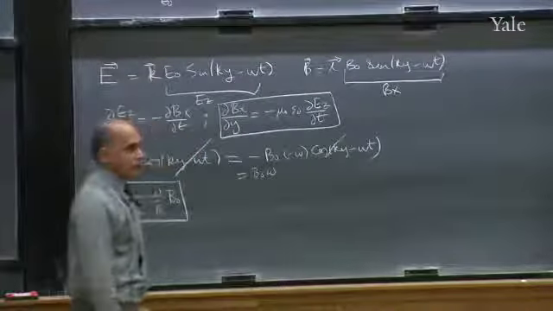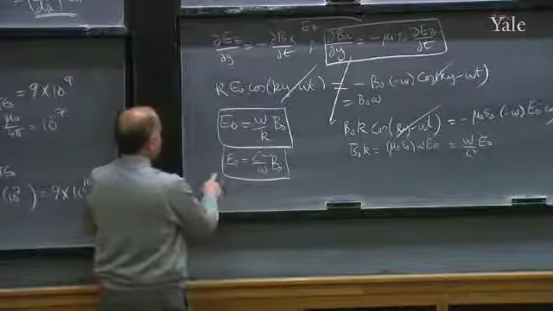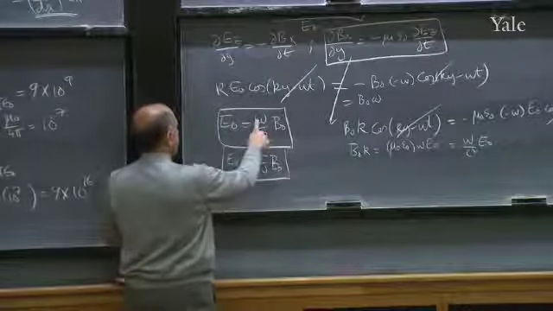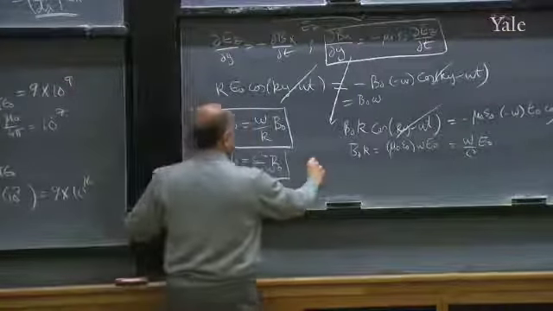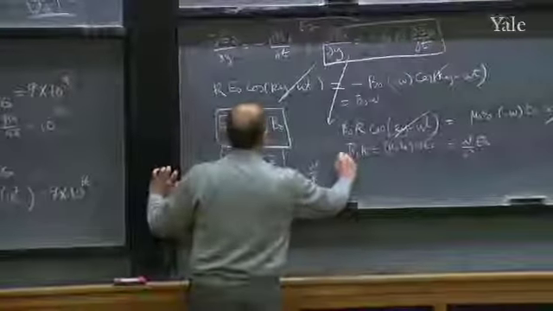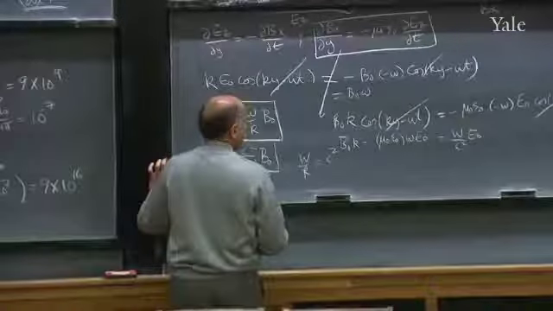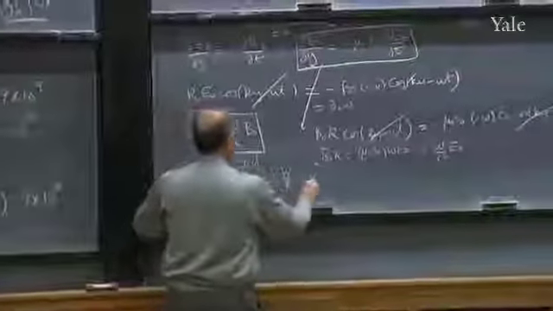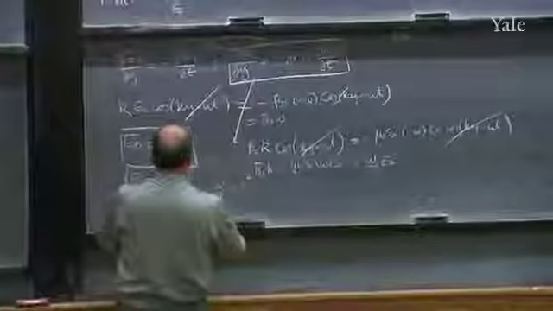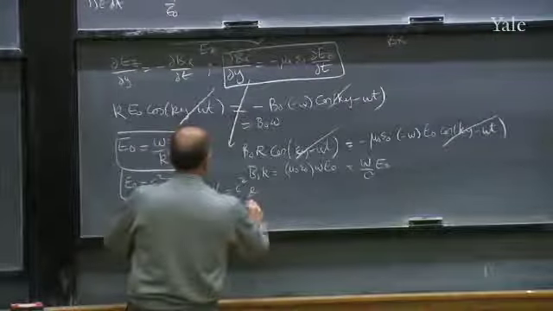So these are the two conditions in the end. If you want the function to look like this traveling wave with sine waves in it, then the amplitude for E and the amplitude for B have to satisfy these two conditions. But look at these two equations. They're both telling you something about E0. One says E0 should be omega over k times B0. The other says E0 should be c squared over omega times B0. That means omega over k better be equal to c squared. I bet I dropped the k somewhere. B0 k, thank you. Yes, so c squared k over omega.